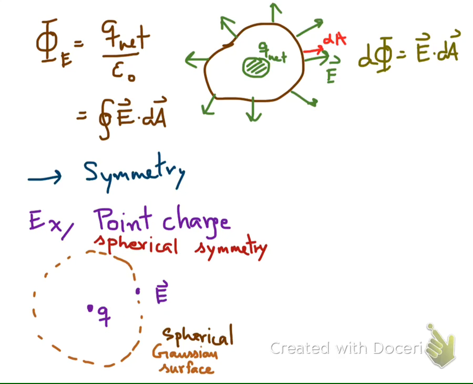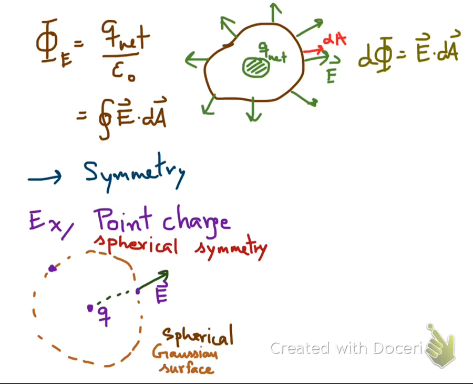So it's not reasonable to think that we should have very different properties of the electric field at this point and at this point. The electric field at this point and this point should be very similar from the symmetry. And one thing that we can expect is that the electric field should point outward,